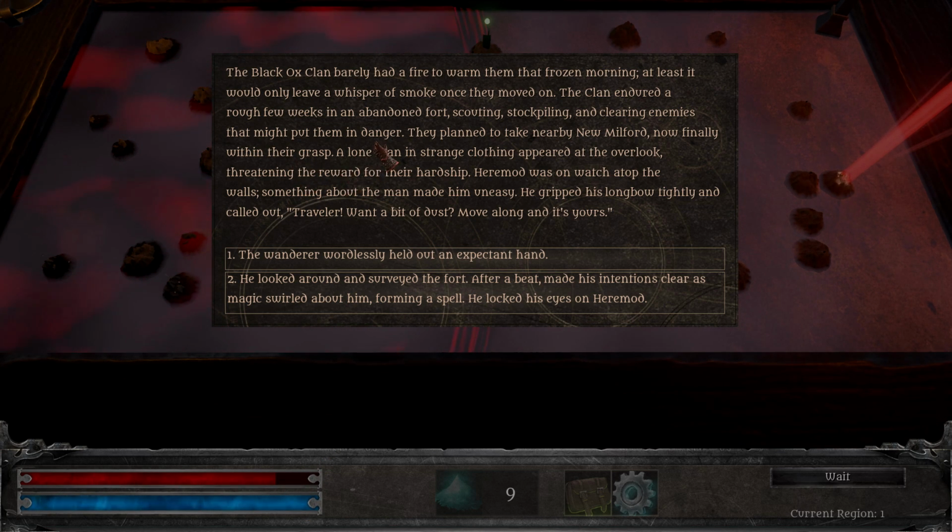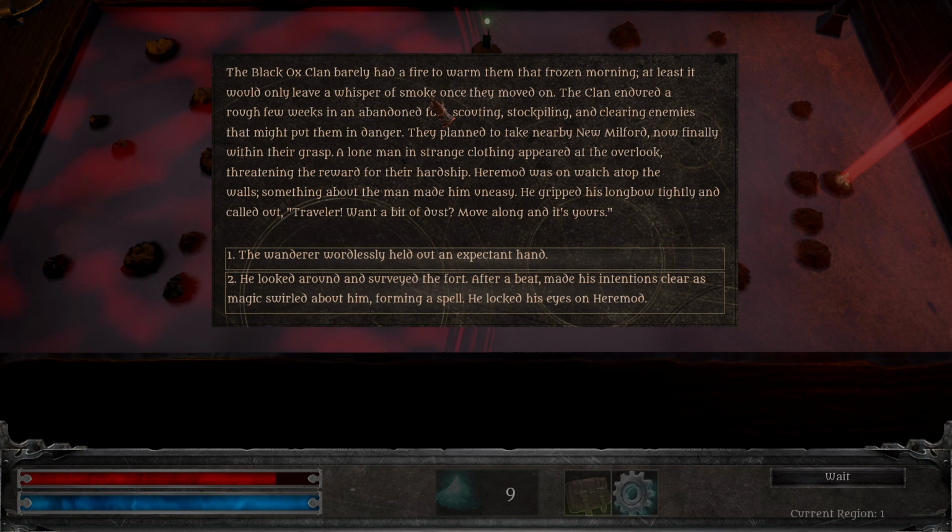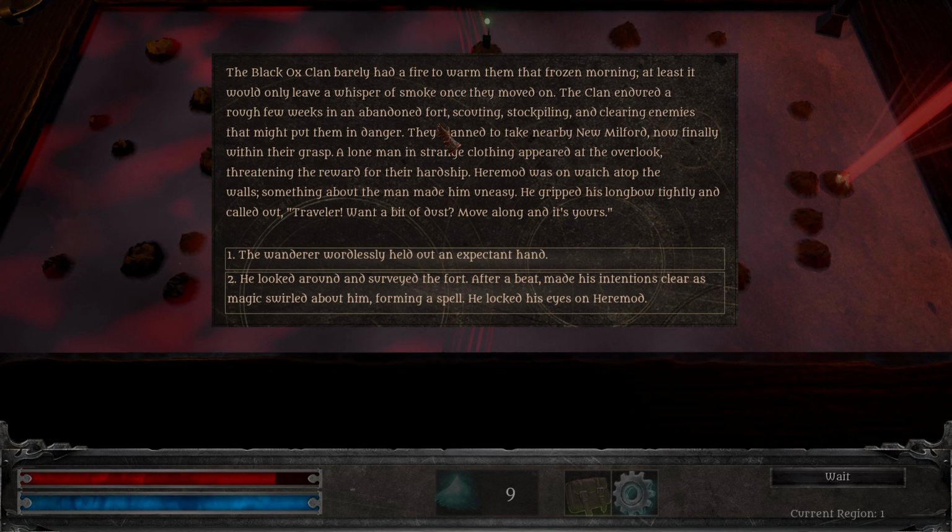The Black Ox clan barely had a fire to warm them that frozen morning. At least it would only leave a whisper of smoke once they moved on. The clan endured a rough few weeks in an abandoned fort, scouting, stockpiling, and clearing enemies that might put them in danger. They planned to take nearby New Milford. Good old New Milford. Now finally within their grasp, a lone man in strange clothing appeared at the overlook, threatening the reward for their hardship. Haramad was on watch atop the walls. Something about the man made him uneasy. He gripped his longbow tightly and called out,